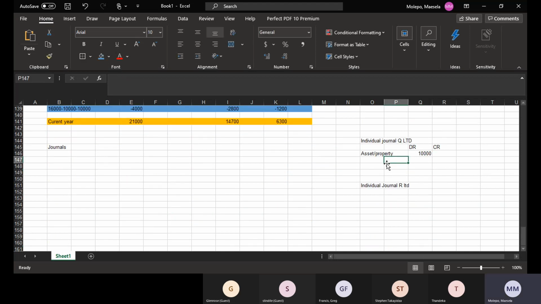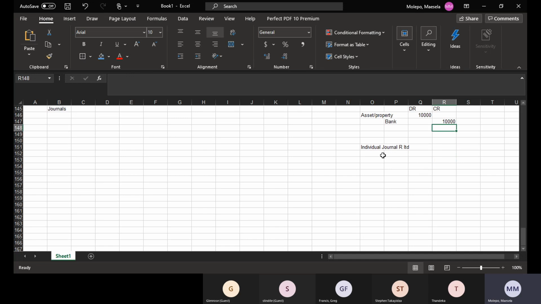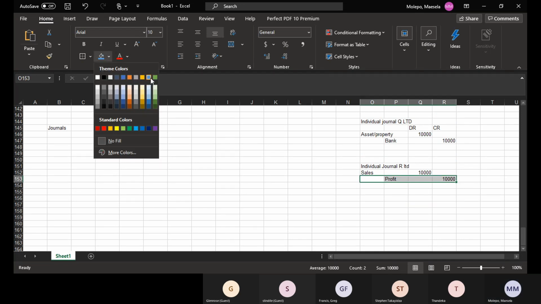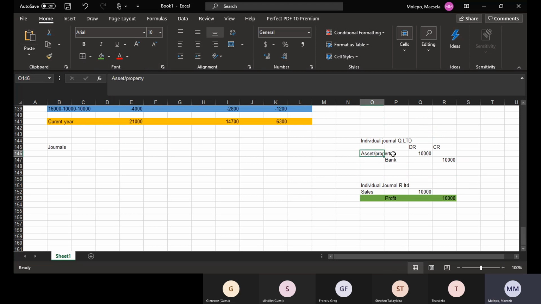And then he used his bank to acquire that particular asset. And then on the R Limited, because he was the one selling that particular asset, he made a sales of $10,000. And he also made the profit. So the things to be eliminated here will be the profit part and the property side. So the profit is now going to be debited, and then the property is now going to be credited